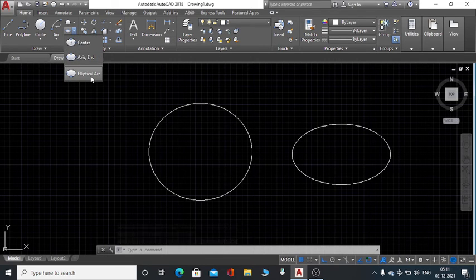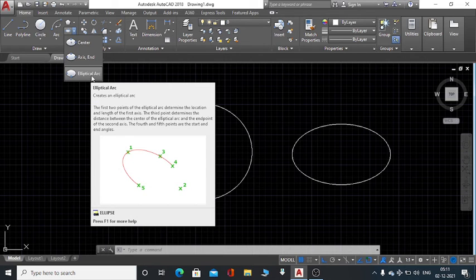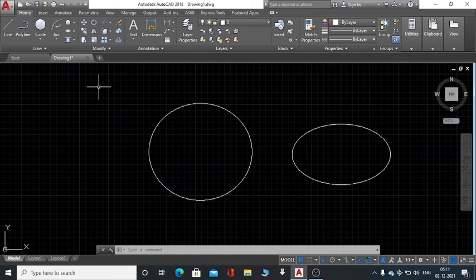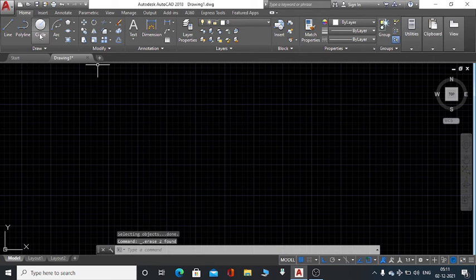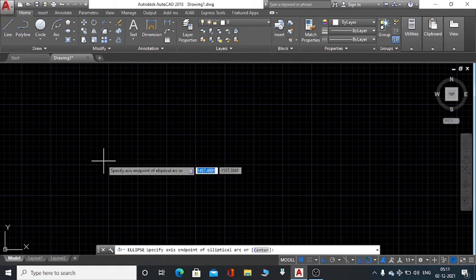Next one is elliptical arc. In this you can create an arc by using ellipse. First of all delete this one. Elliptical arc.